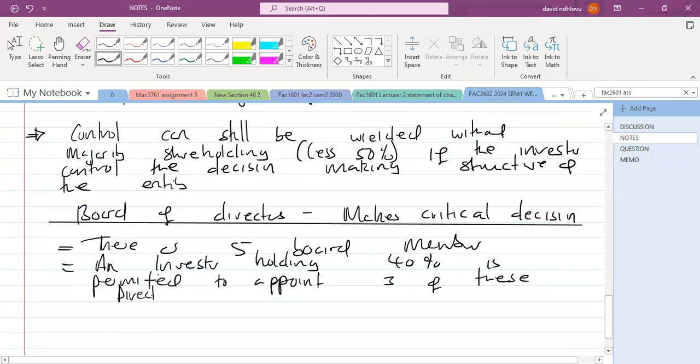So in this instance, even though the company does not have majority shareholding, only has 40%